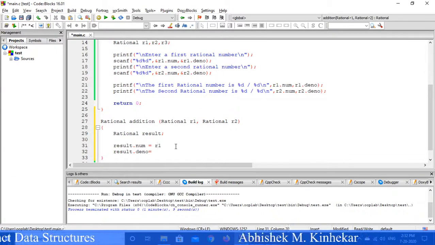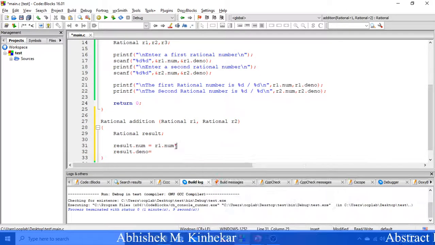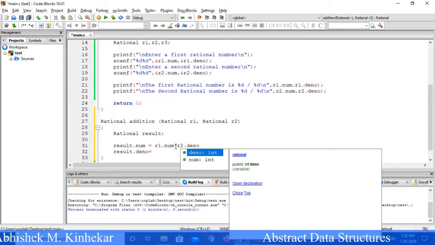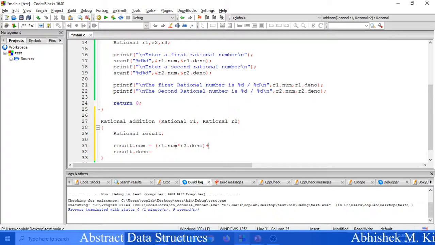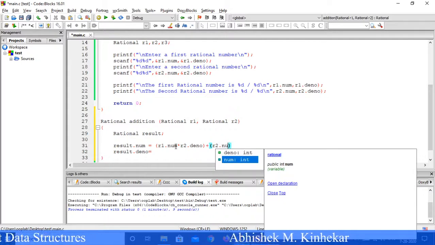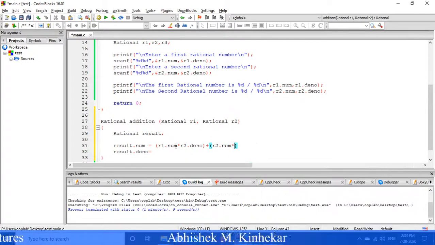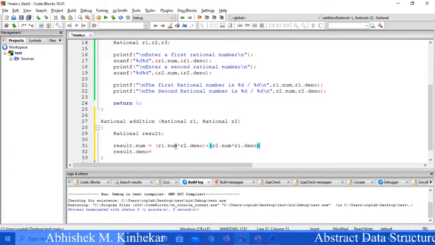To calculate the result's numerator, what do we do? First rational number's numerator multiplied by second rational number's denominator is added with, this added with what? This added with the second rational number's numerator multiplied by the first rational number's denominator.